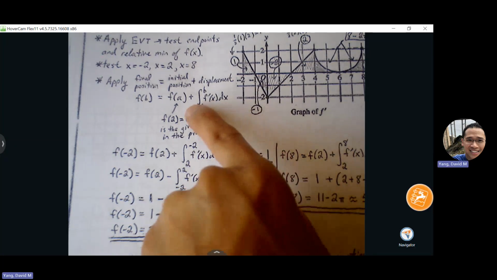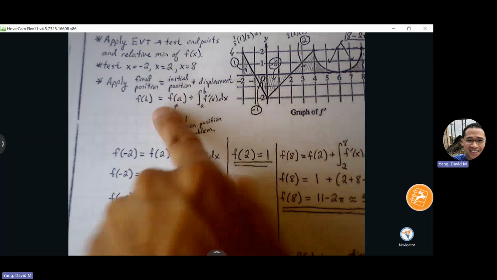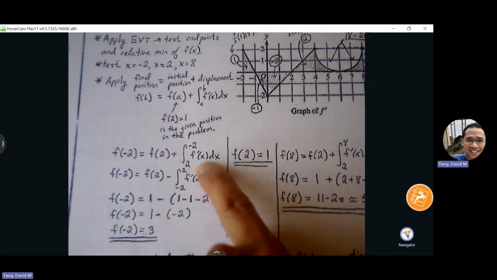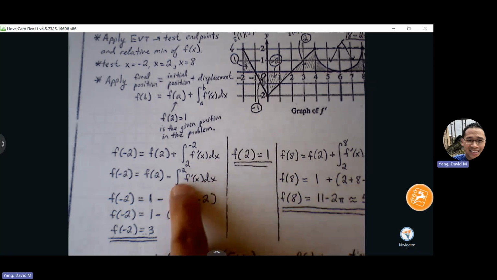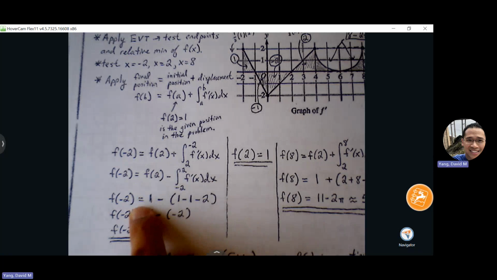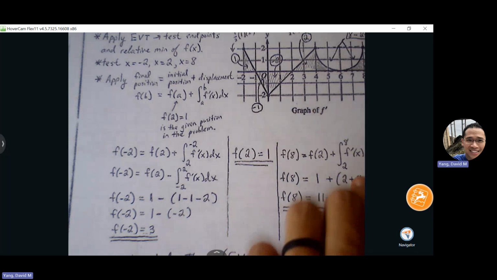The formula says that whatever point we start at, make sure your lower bound matches your starting point, and then your ending bound matches wherever you want to end up. So I want to go from 2 to -2, but now that I have it on paper, I realize that I prefer my bounds to be in order from left to right. So I'm going to take the time to swap the bounds, but then adjust that swap by pulling a negative out in front. So f of 2 is 1, we know, and then the region, the area from -2 to 2